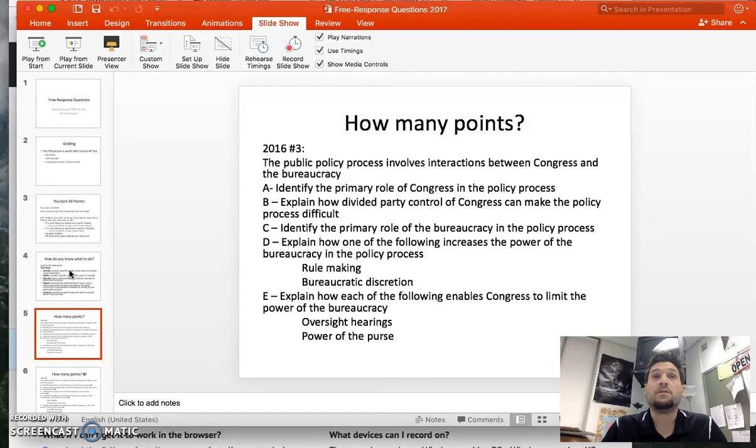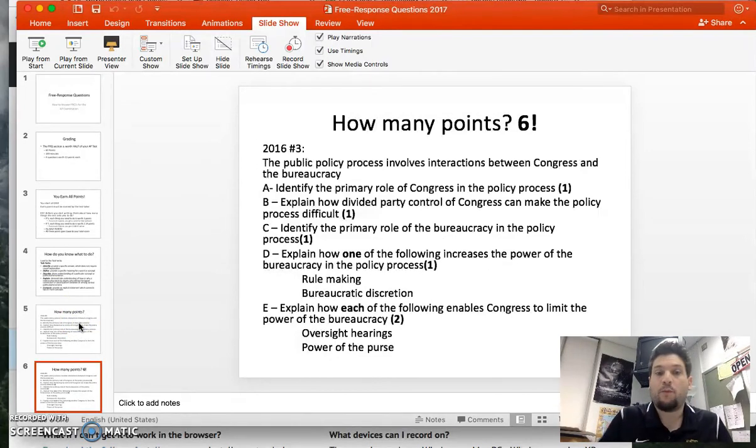Who says 5 points? Who says 6 points? Who says 7 points? Who says 8 points? Answer: 6 points. Hopefully looking at this, it gives you a pretty clear idea of how many things you have to